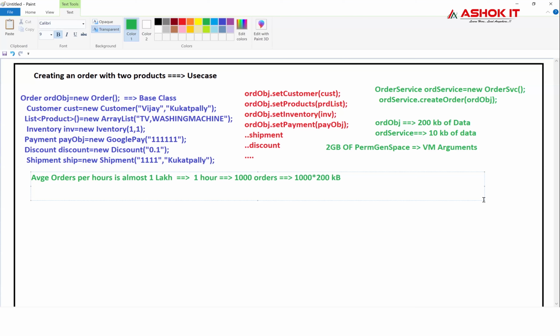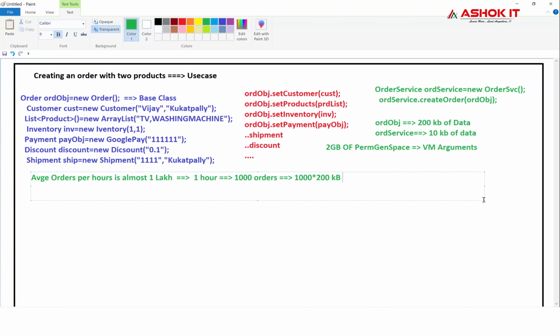Okay? Now it is not exceeding my memory, guys. Still it is there in the memory because I am not occupying the entire memory in one hour, right? First few minutes, 10 orders. Next few minutes, 10 orders. Next few minutes, 10 orders. Like that. All 1,000 orders will not come at the same moment. Per hour is the average. Okay. But